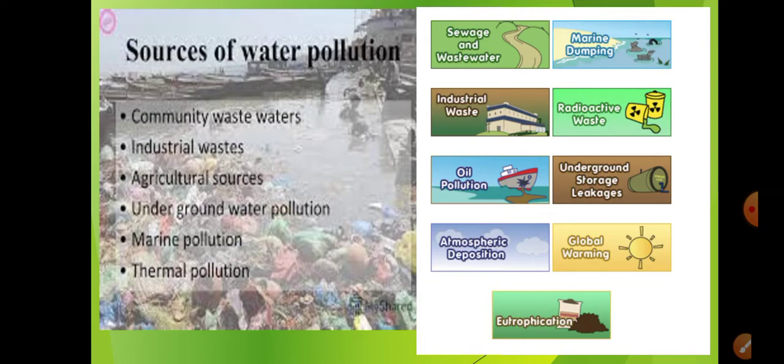Now eutrophication means that in certain water bodies, the water body is loaded with pollutants, and these pollutants make the environment very favorable for algae and certain plants to grow. Because of their growth, they cover the entire water body. Okay, the greenish thing, you might have observed it in some lakes and ponds also.